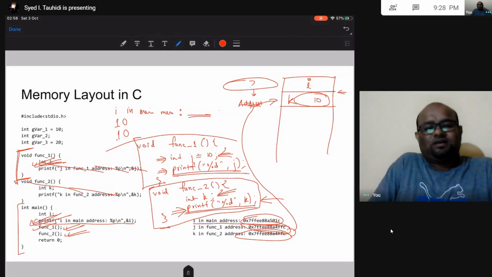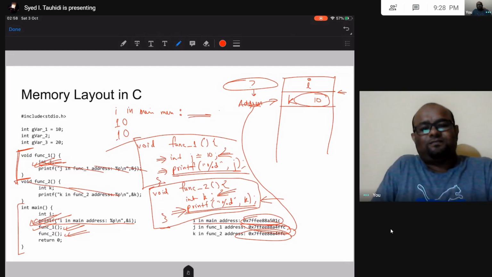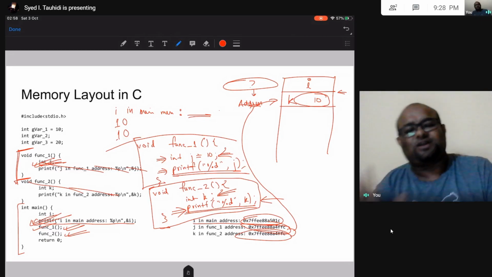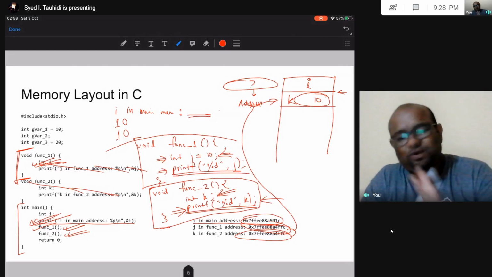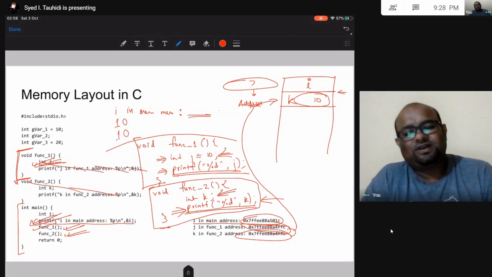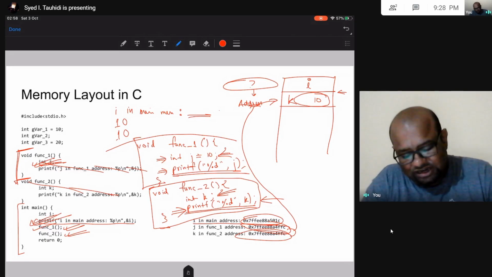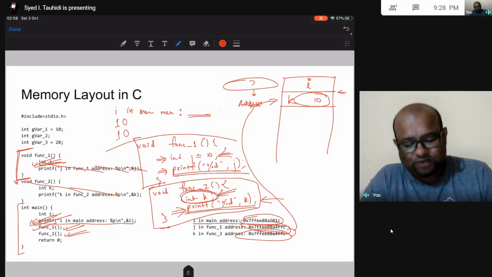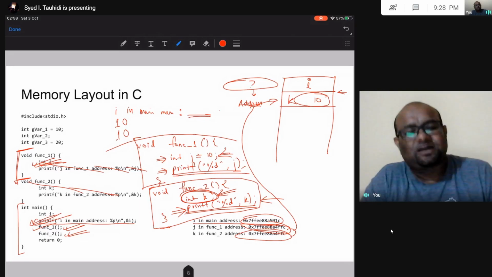Okay, I hope you understand right now why this is going to be true. I want you to execute this program as well. This is very interesting, right? Although logically speaking, I did not initialize k, so when I try to print the value of k, it is a garbage value.